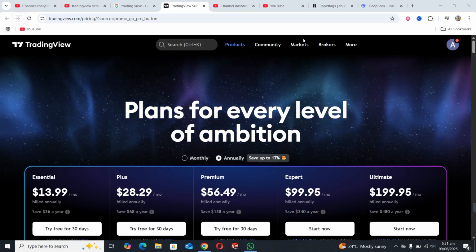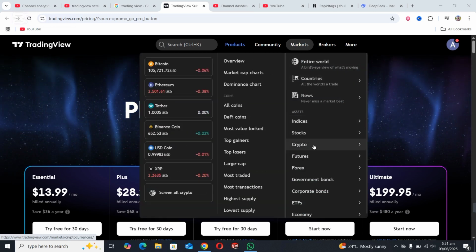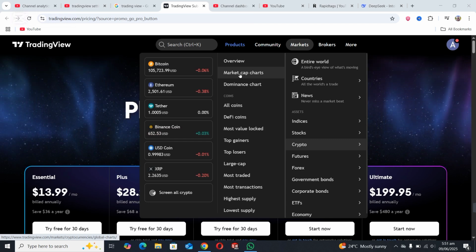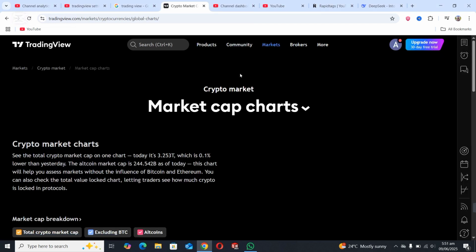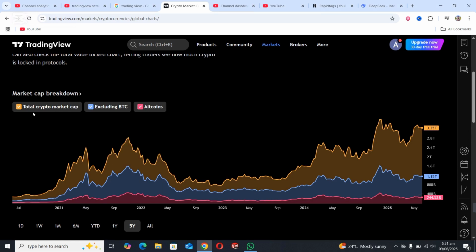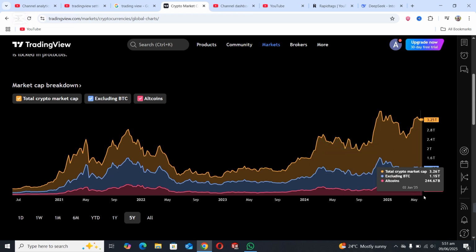altcoins, just click on this markets, and here you can see there is crypto section. Just click on crypto section and go to this market cap charts. When you open it, just scroll down, and here you will see there are three options: total crypto market cap, excluding Bitcoin, and altcoins. Now the altcoin market cap, you can see this, the last chart is total altcoin market